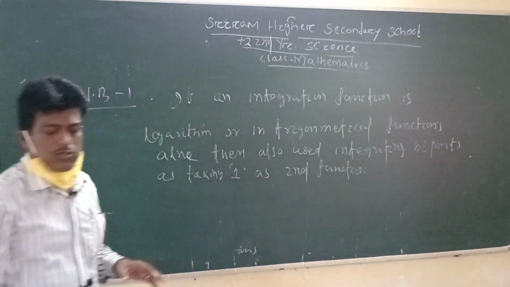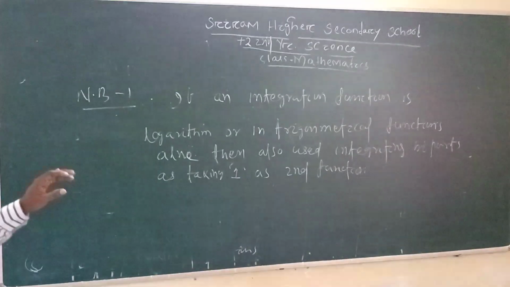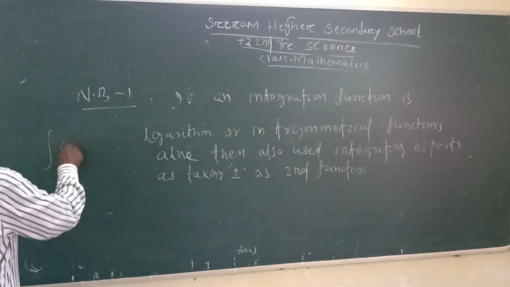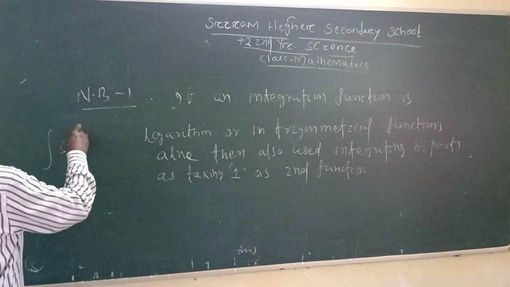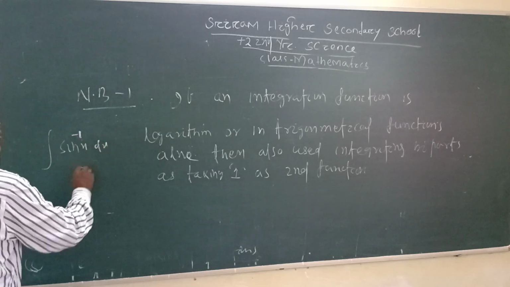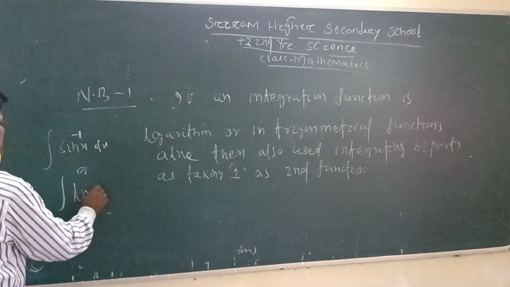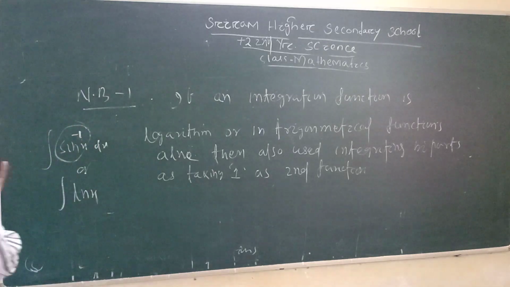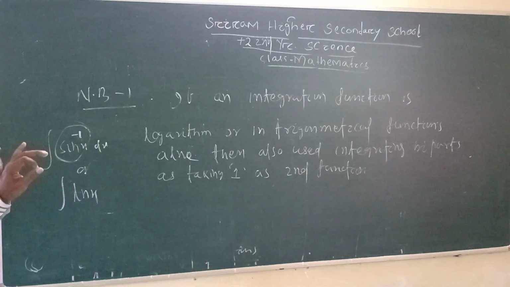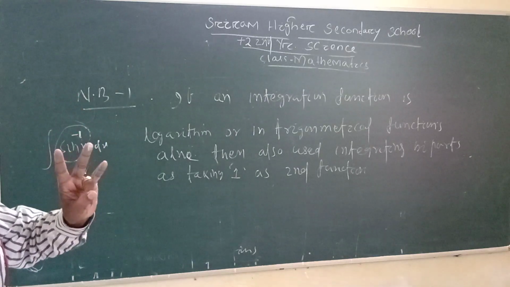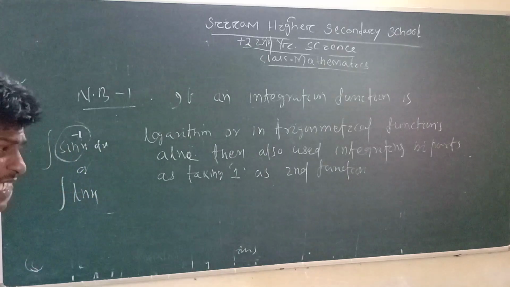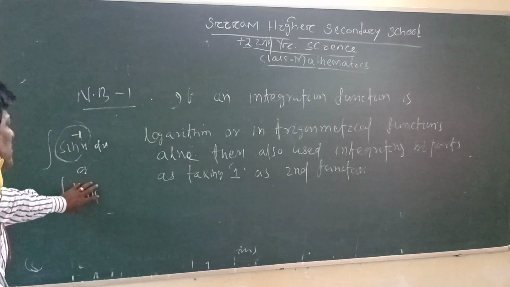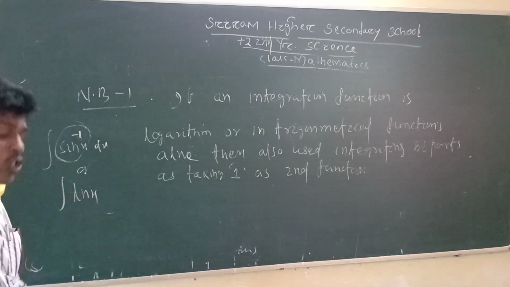Again, I will give you details. Now I have described details. If you face an integration, for example, the integration of sine inverse x dx or ln x, it is alone. It is only one function, not a double function. I remember you where you have used integration by parts: if there are two functions multiplied, then we use integration by parts. But in case it is a trigonometrical function, inverse trigonometrical function or logarithm alone, only one function, then also